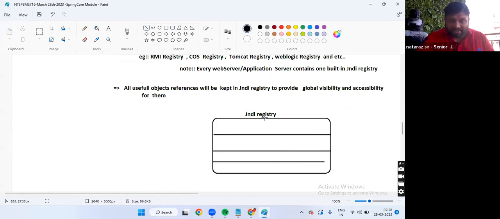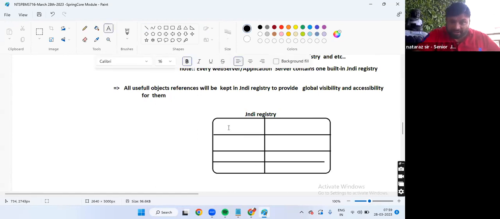The JNDI registry is a separate software, which should be installed on any machine. Or if you install any web server or application server software like Tomcat or WebLogic, it will come as a built-in service.